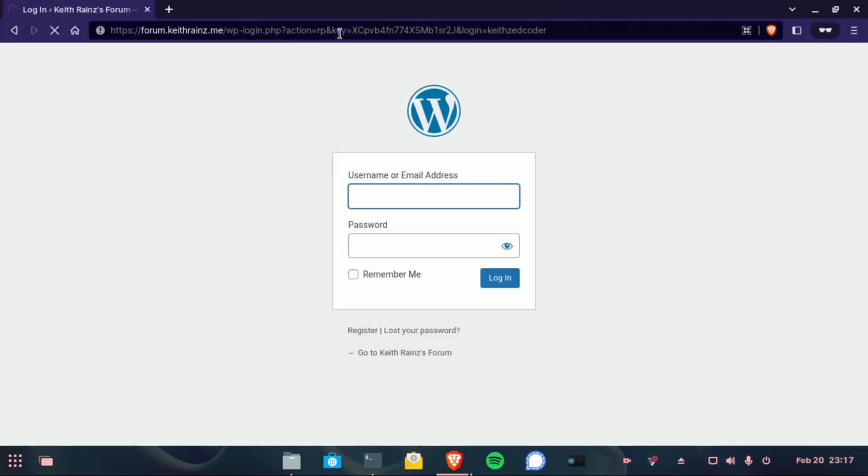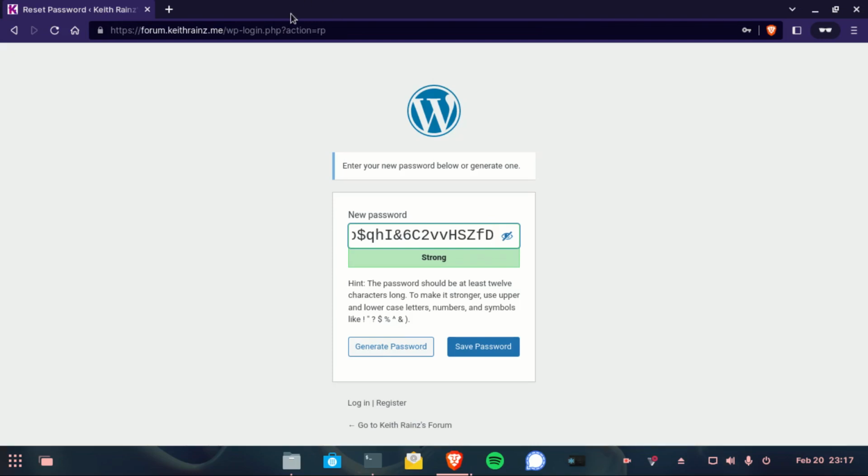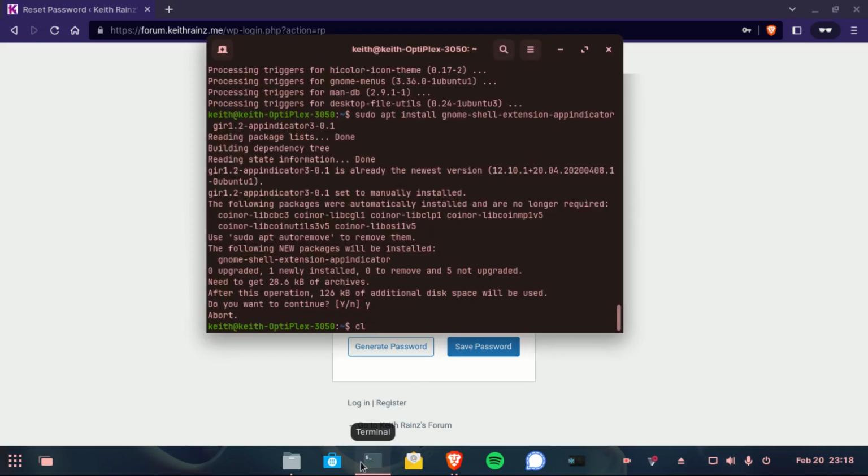So let me just do that. Okay, so the platform is going to generate a password for you, which is kind of hard. So if you're going to use this strong password, you need to save it somewhere where you can always remember it, or you can simply write your own password which you can remember, but you have to make it strong, whereby you have to include symbols and some numbers to make it stronger. Okay, so as for me, I'm going to go on and use the same password. So I'm going to copy it,